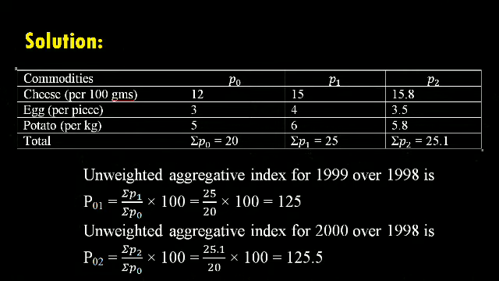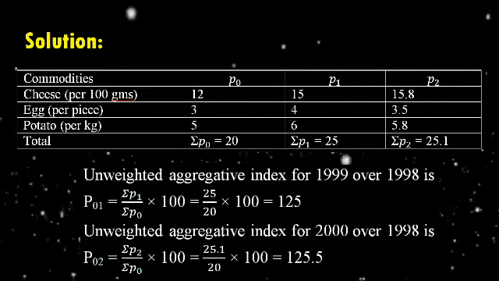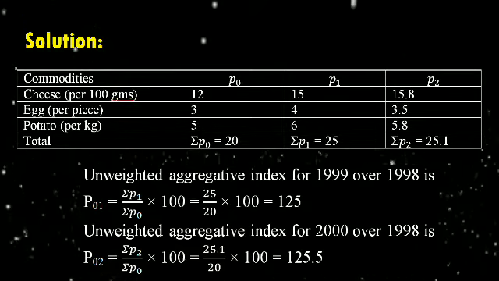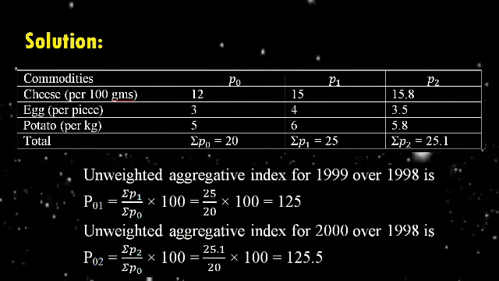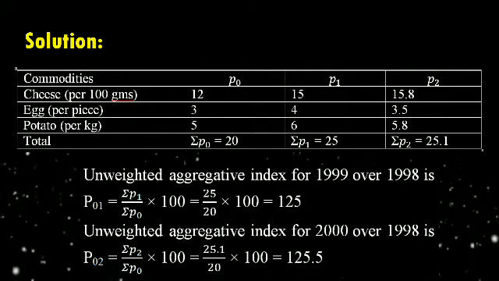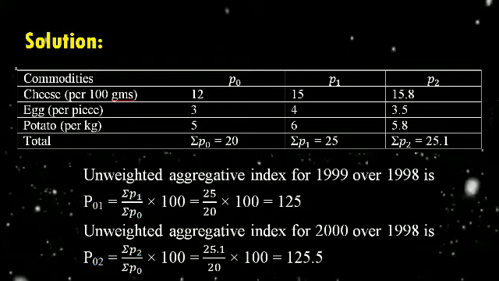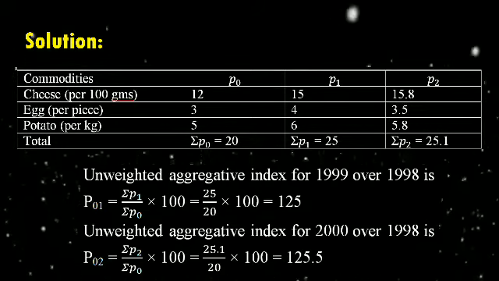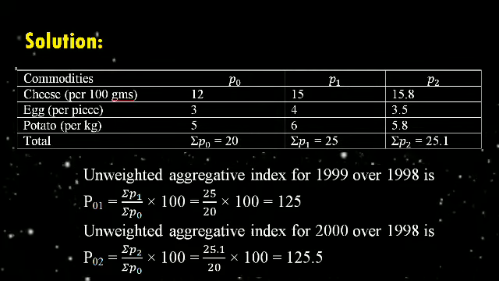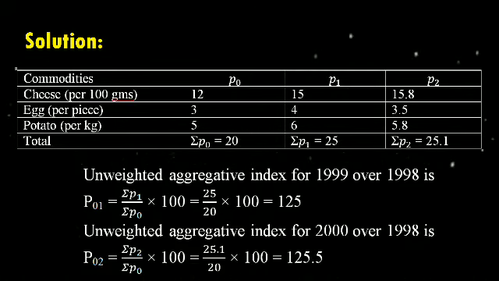After finding that, conclude about the index number. Prices in 1999 increased by 25% as compared to 1998. Why is it increased by 25%? Because 100 is the index for the base year. Since the formula is multiplied by 100, you got the answer as 125. If that 100 is removed, the index number is just 25. So the index number in the year 1999 is increased by 25% as compared to 1998.